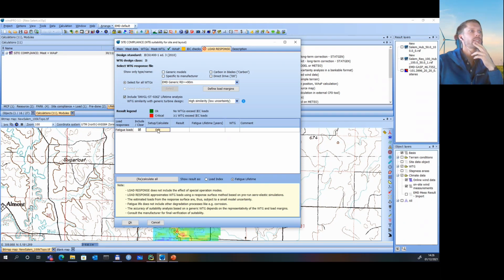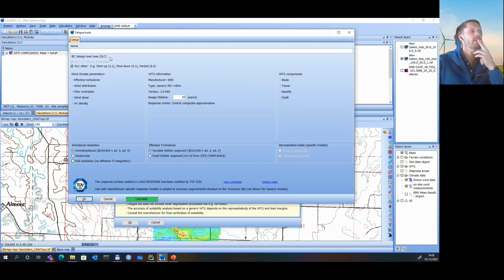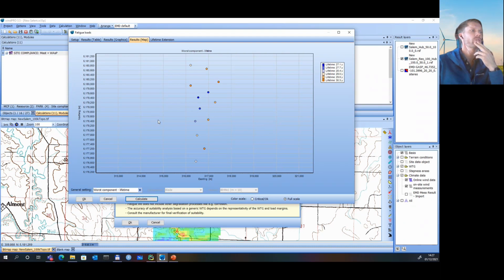We can go inside before we start the calculation here. And we can see that the DLC other here is included. That's a little bit more important when you're calculating lifetimes because it can change the results a little bit. So let's just do the calculation and have a look at the results. So now you see that